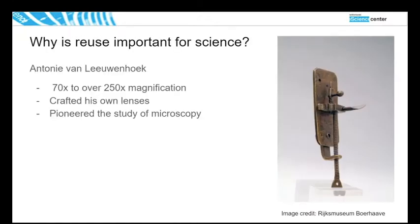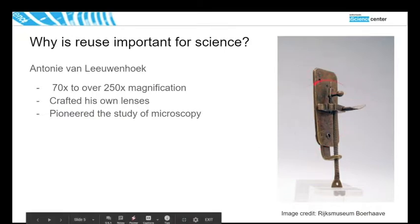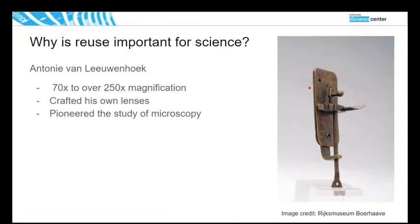Why is this important for science? Actually, this is not a new concept. Reusing of tools in science is almost as old as science itself. So I imagine most of you will be familiar with the name of Antony van Leeuwenhoek. He was the first microbiologist, I suppose. But he was also a toolmaker. So Mr. van Leeuwenhoek crafted his own microscope, polishing the glasses,